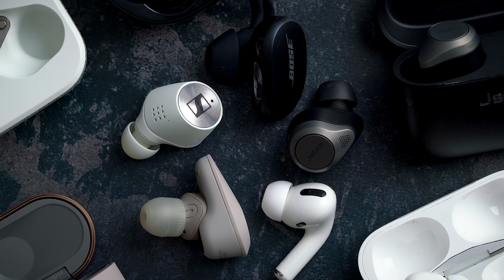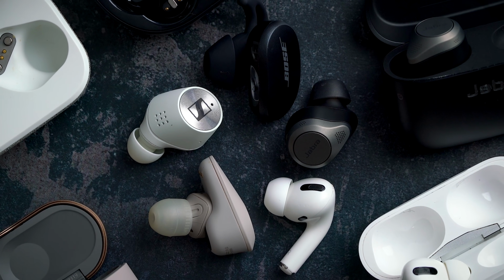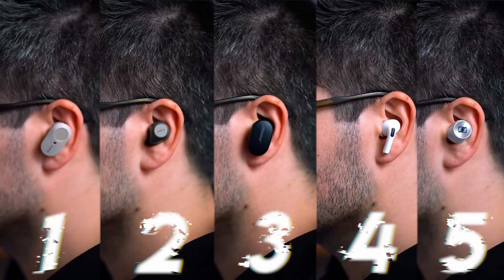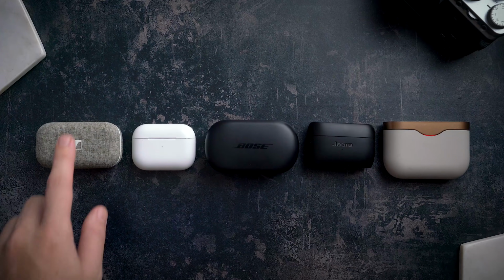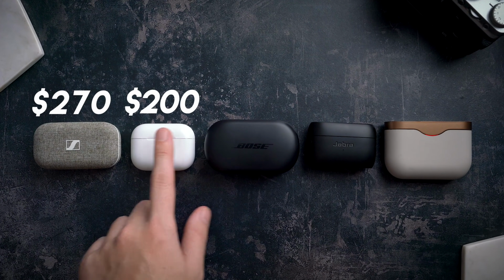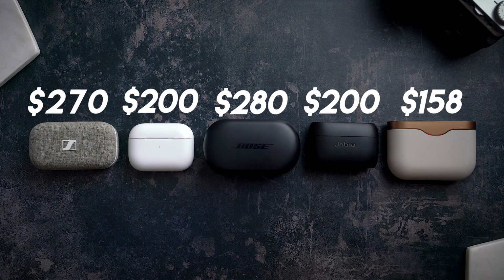When you're choosing a pair of true wireless earbuds, it's easy to get hit by analysis paralysis. So that is exactly why I'm going to show you the 5 best of the best high-end true wireless earbuds ready to take you into 2021 and beyond. I'm going to tell you exactly which has the best battery life, active noise cancellation, mic quality, bass and sound